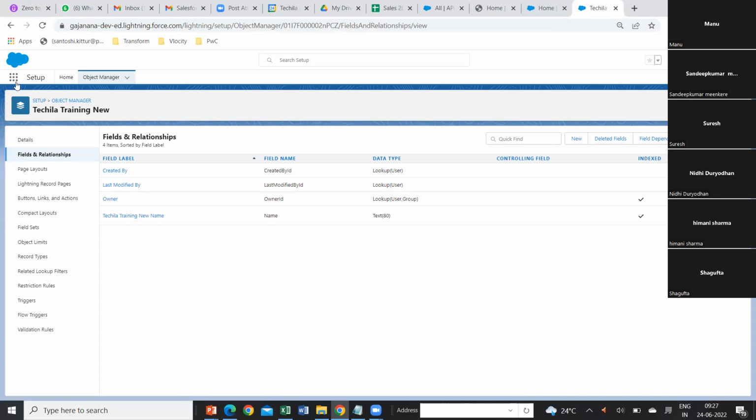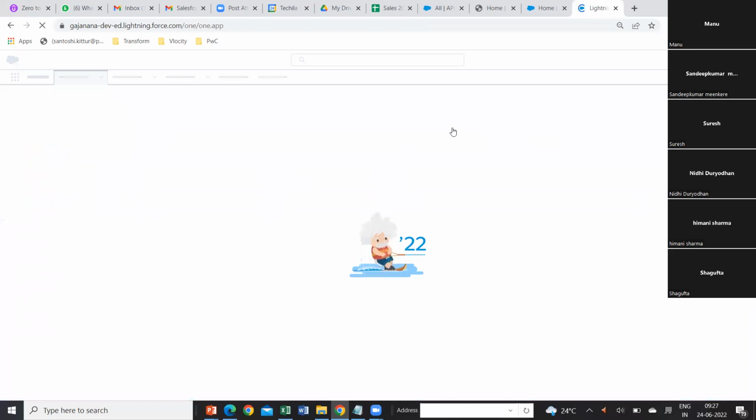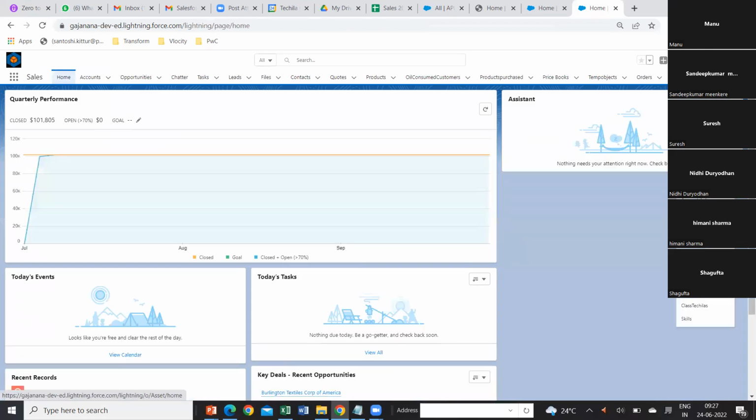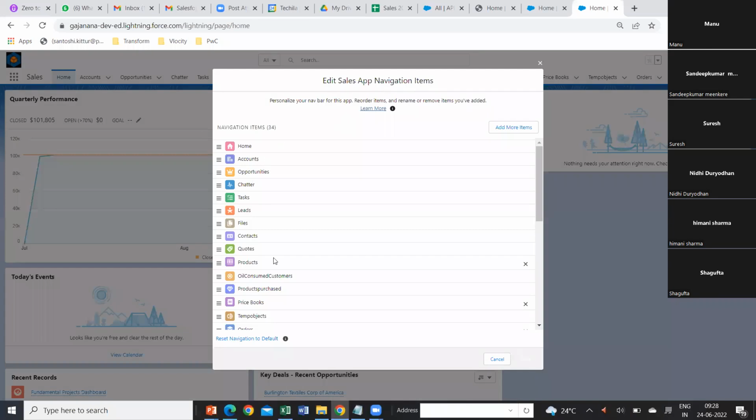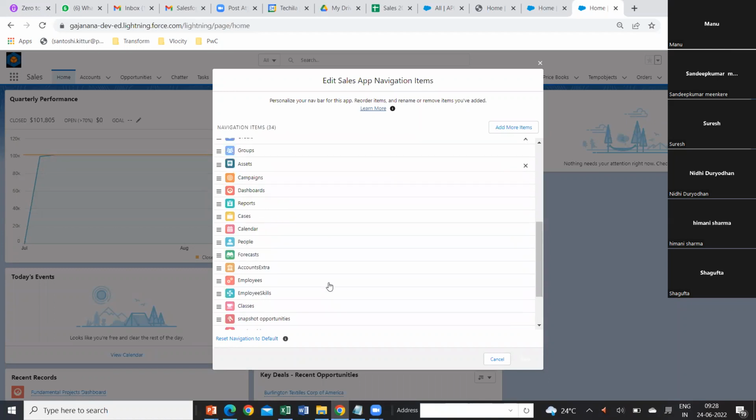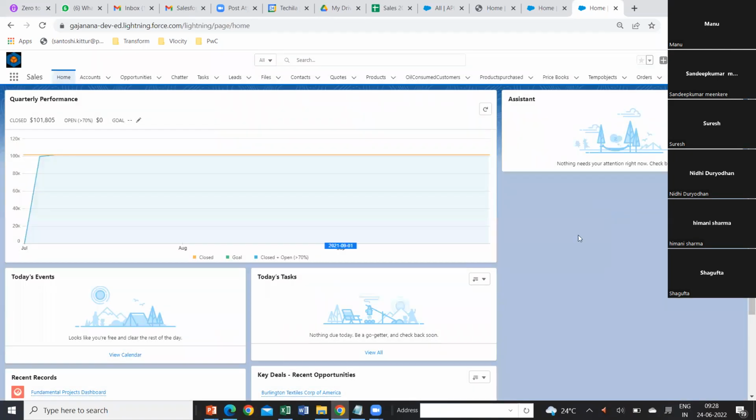Now, if you go back and take a look at it, if you go to Sales or anything like that, you will not see the Techila training new tab. It will not be available. Neither is it available here, nor in the navigation bar. You can go and search for that. You can create your own, and it will not be available. How do I attach it, right? How do I create it? So what you need to do is,